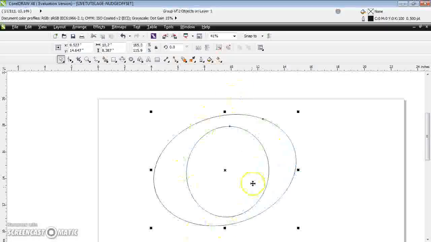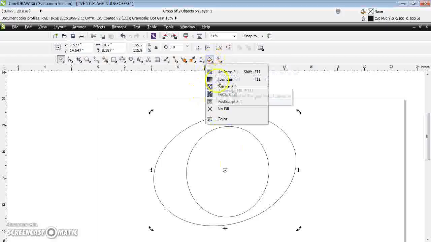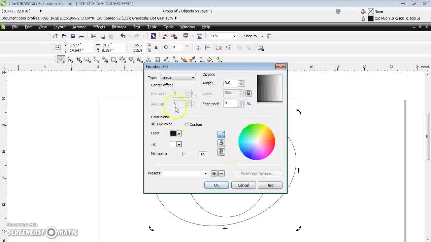Now let me do some filling effects for my object. Just select your object, click here, fill color, go to fountain, and you can select either linear, radial, conical or square. However you want, you can select your filling.